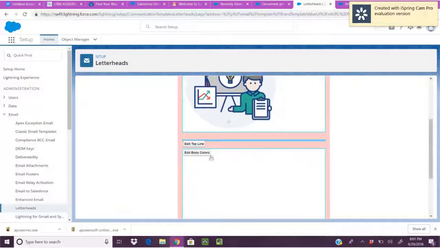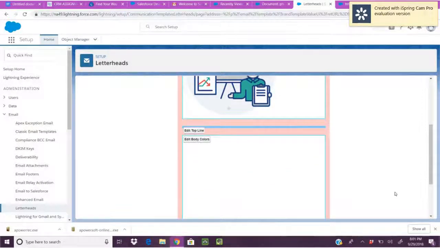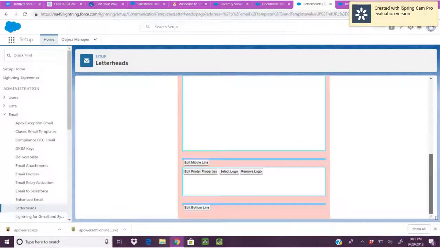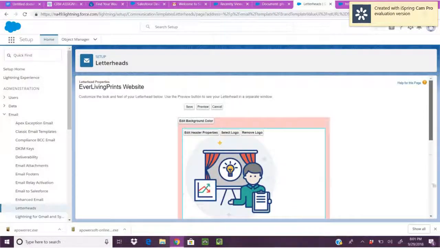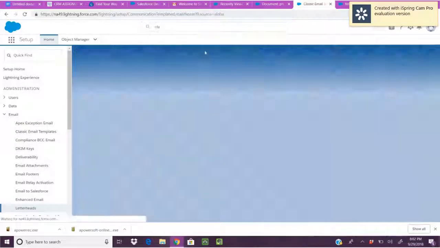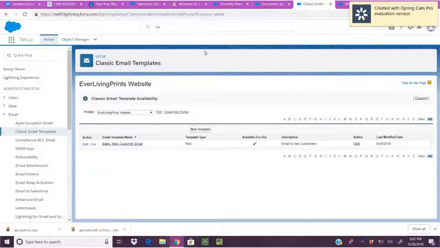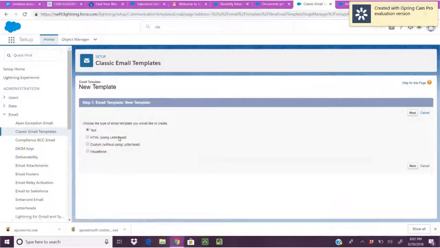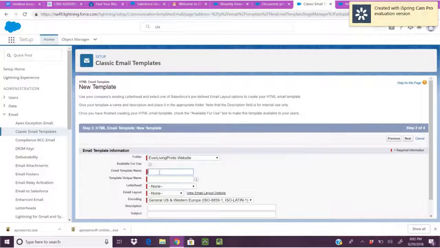Go ahead and customize it how you like it. You can add the document that we first saved there. So now we're going to go back to the classic template, and we're going to add the letterhead. So we're going to do new template, use the HTML, which will lead us to the letterhead,